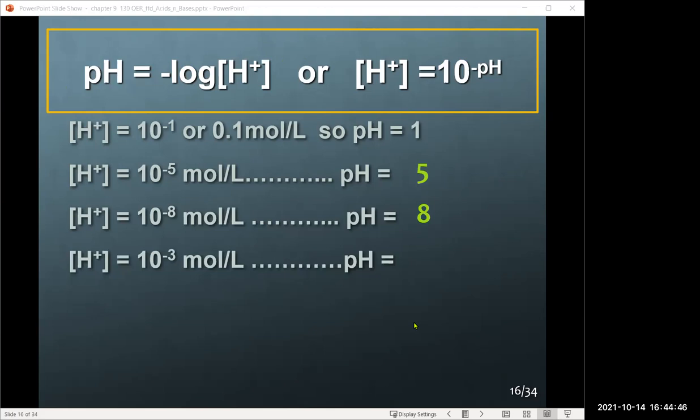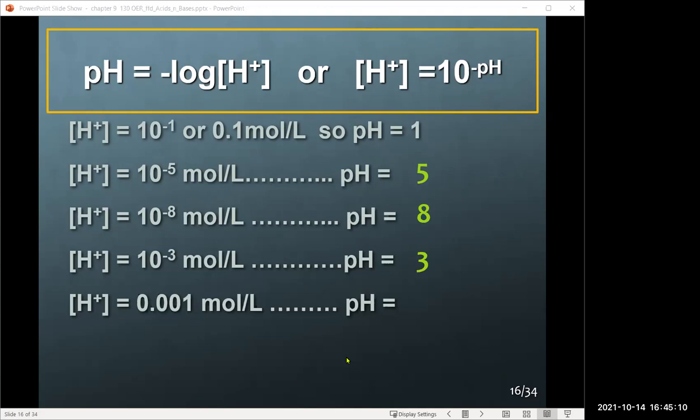10 to the third is a pH value of 3. Okay, notice that the concentration gets a little bit stronger, so the pH drops. And then you can either take the 10 to the negative third and see that, take the exponent, so negative third times negative, you got 3, or convert it to decimal values, so